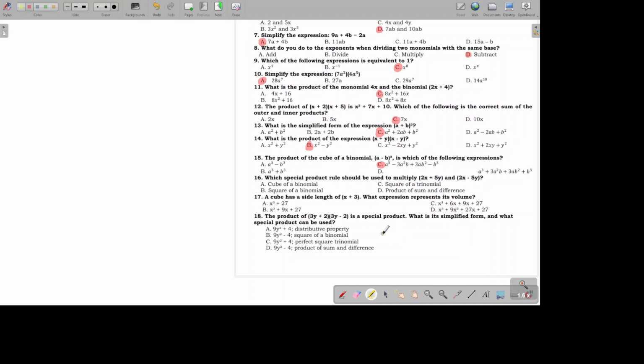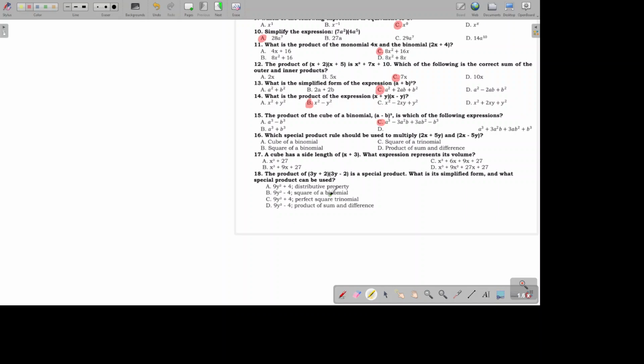So just to give you an idea, if it's a plus b cubed, this is what you should see. All of them are positive. But if it's a minus b cubed, it's alternating positive, negative, positive, negative. But you should not forget how to do it as well. Okay, so you cube the first term, you triple the product of the square of the first term and the second term, and then you triple the product of the square of the second term and the first term, and then you cube the last term. That's what you add for this particular special product.